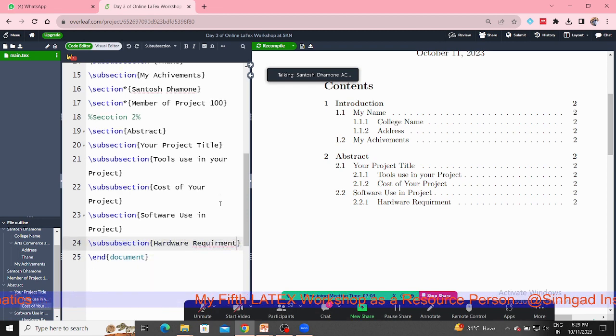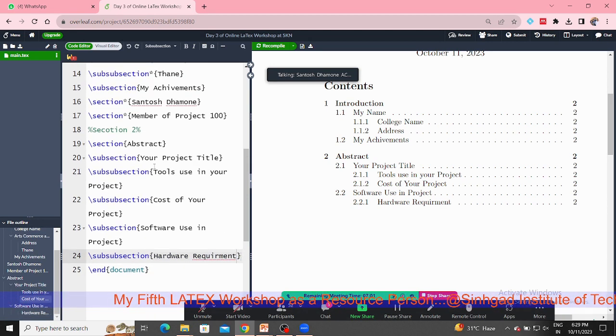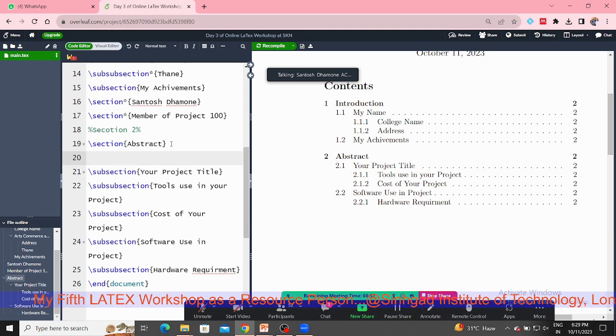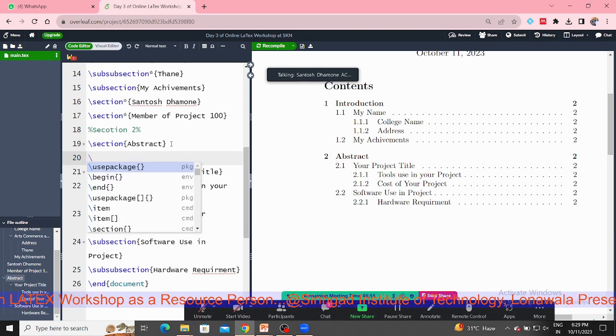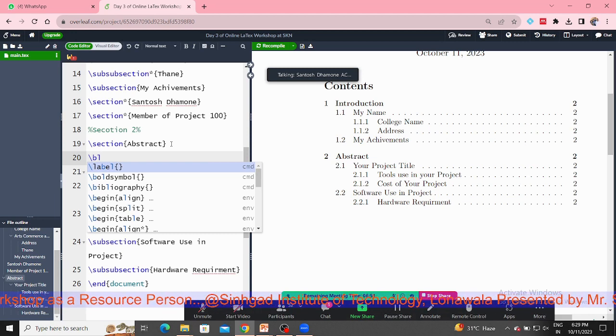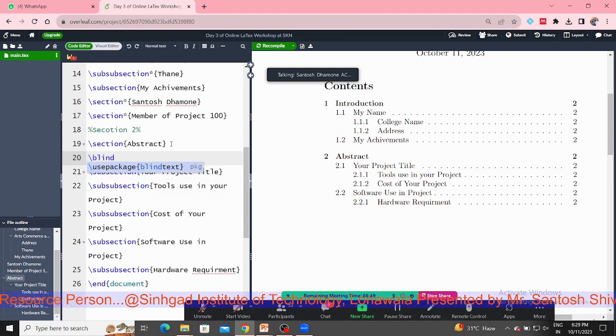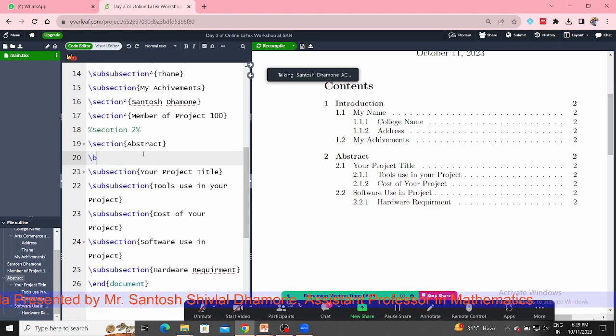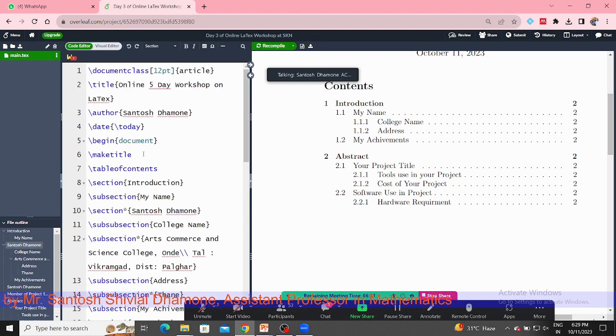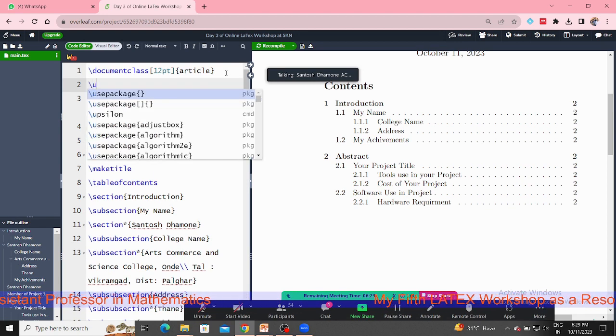You write all information here by typing, but here I only use a new command, a simple command, blind text. Okay, and this software says that for using the blind text command you use the package blindtext. So first I insert the package before begin document and after document class, which is backslash usepackage